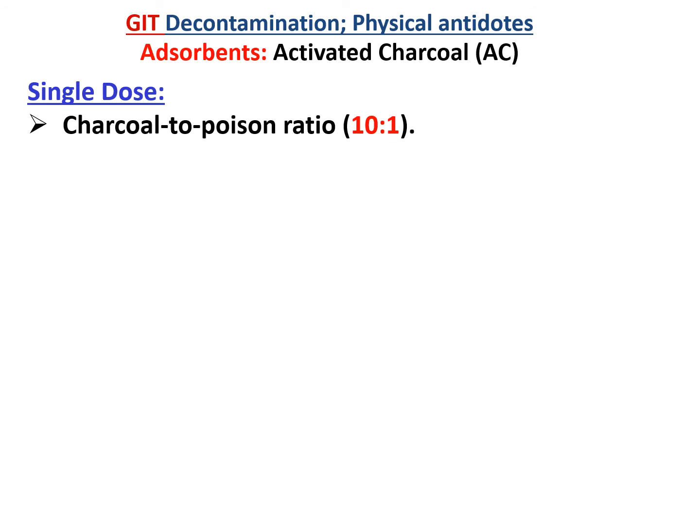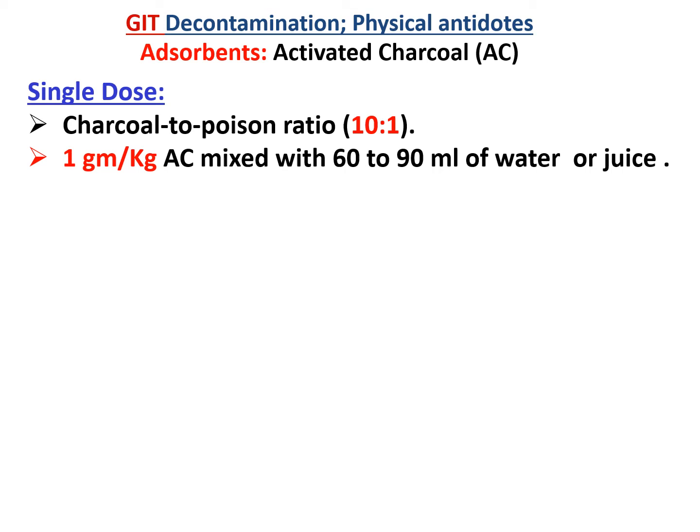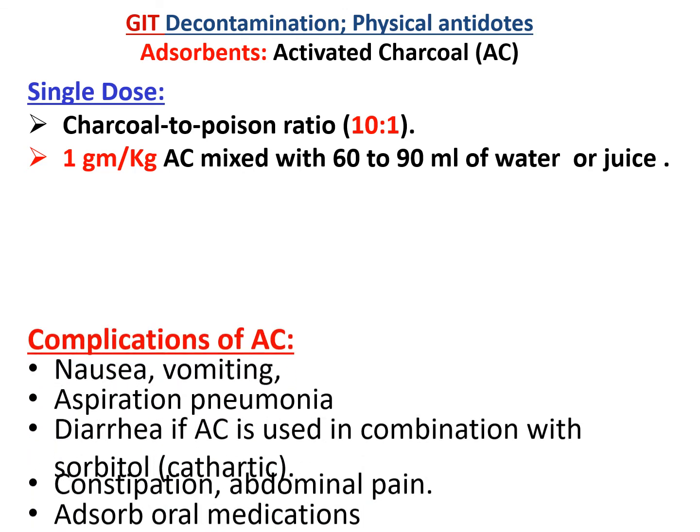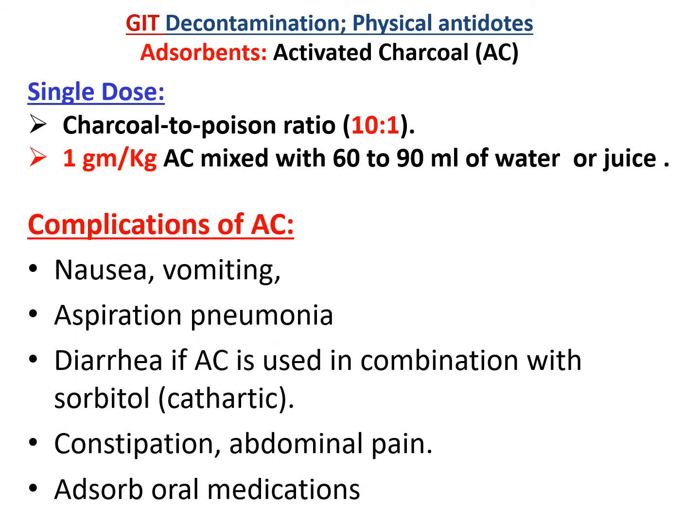The single dose of activated charcoal to be effective will be a charcoal to poison ratio of 10 to 1, but it's not applicable. So another dose will be 1 gram per kg of activated charcoal mixed with about 90 milliliters of water or juice and administered orally. The slurry of activated charcoal has no odor and no taste, but has a black color and a sandy sensation